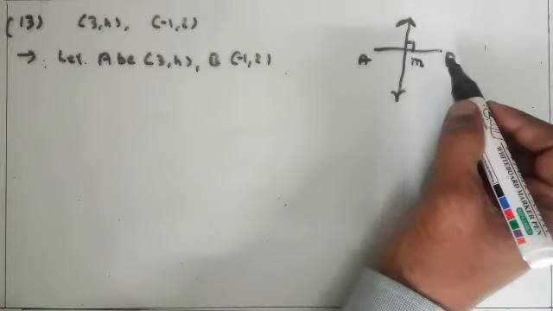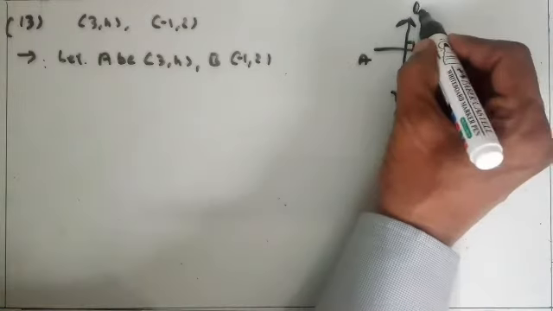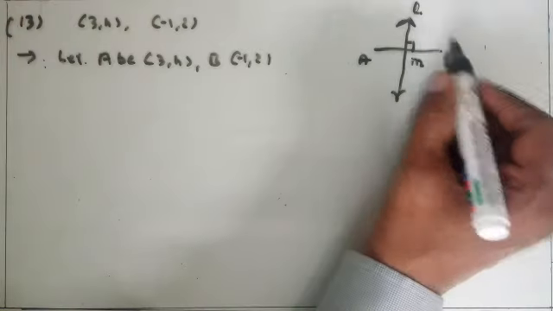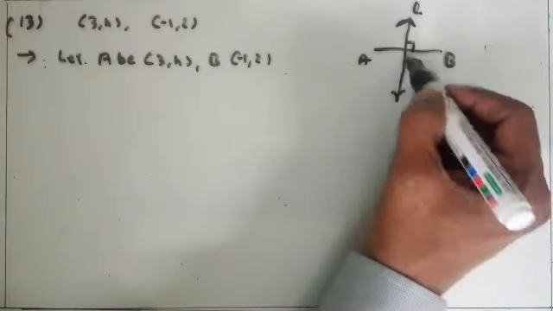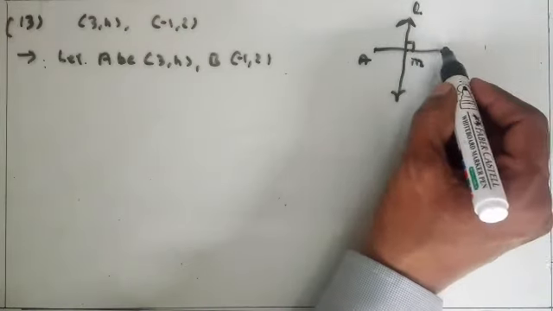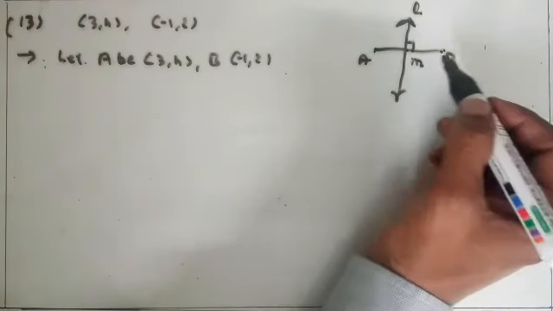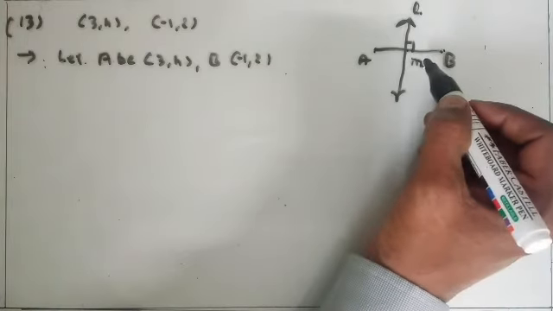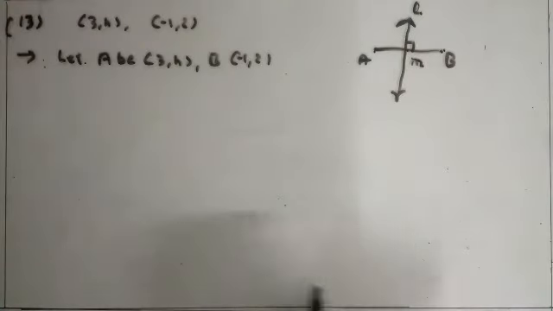So first suppose the midpoint of AB is M. The required line is perpendicular to AB, so using the slope of AB we get the slope of the required line, and this passes through the midpoint, so using the coordinates of the midpoint we get M: (x1 plus x2) upon 2, (y1 plus y2) upon 2 gives M. Using slope and point get the equation of the bisector. Clear?